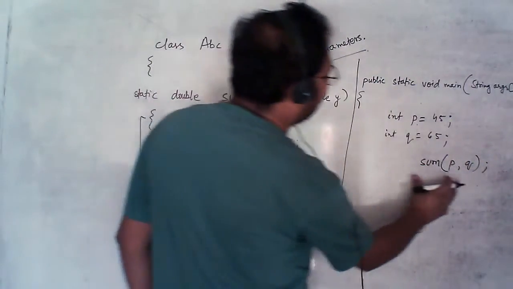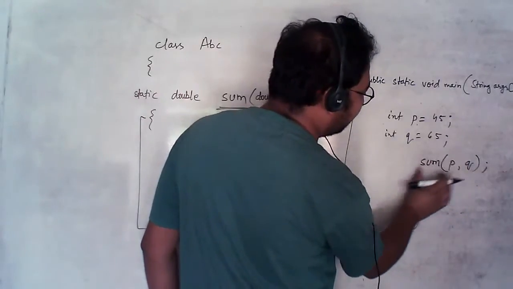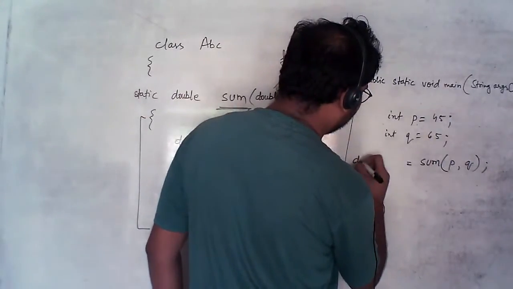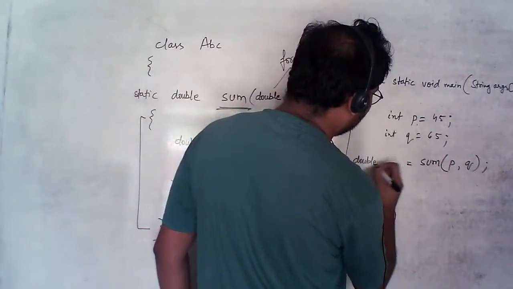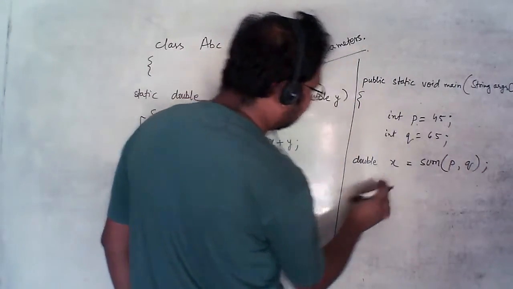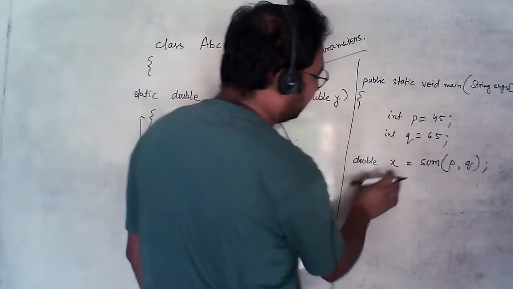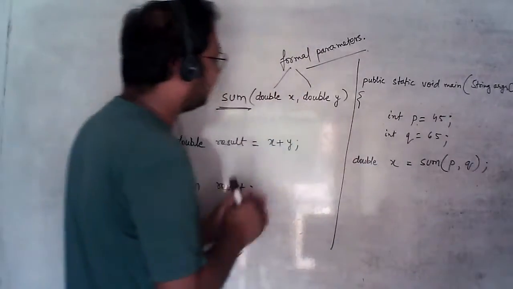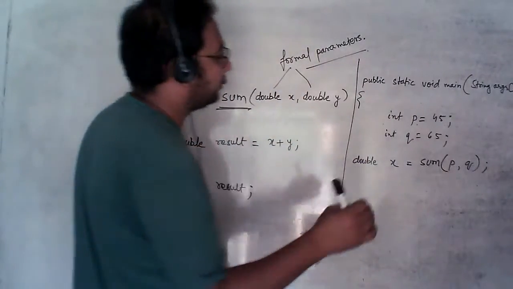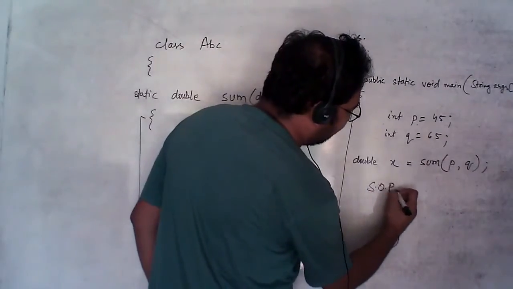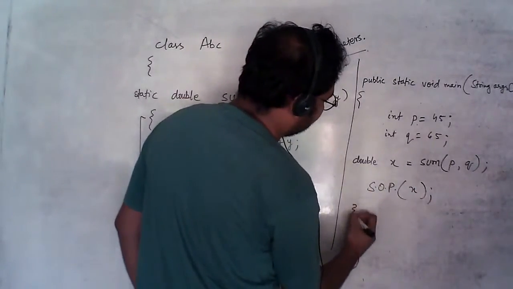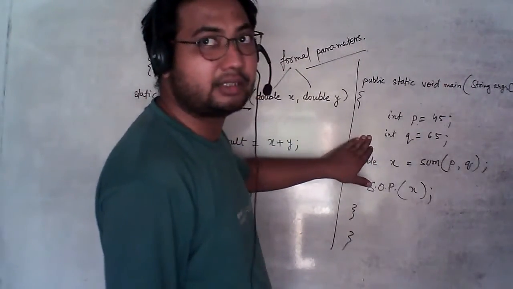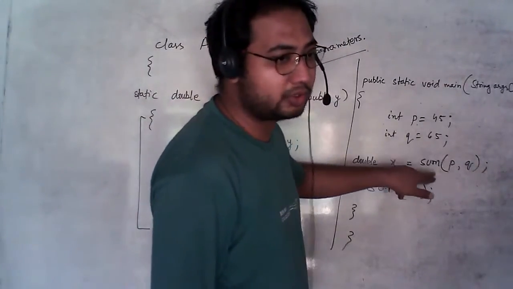I think it is visible. And thereafter what will happen? This function will return the addition of these values. So I will hold it in some variable, double x. This x is different because it is declared inside this function, and it is not related in any way to this x. This is another x and I'm printing the x. So here I'm not adding manually, I'm doing the addition with the help of this function. So this is the use of function.